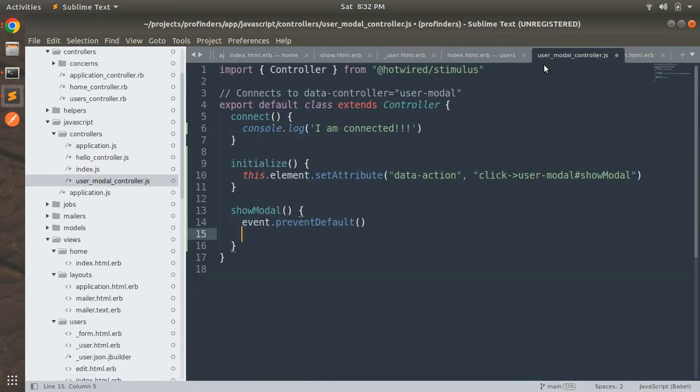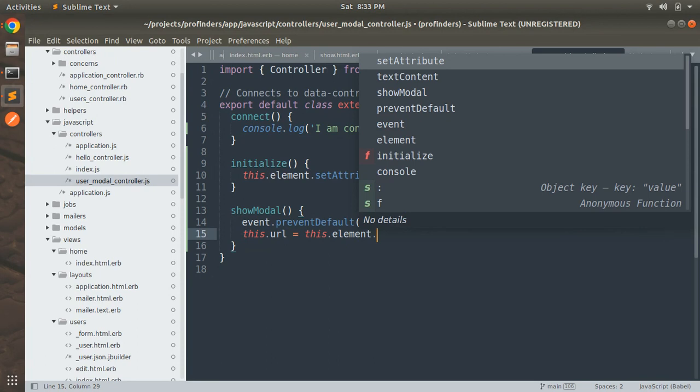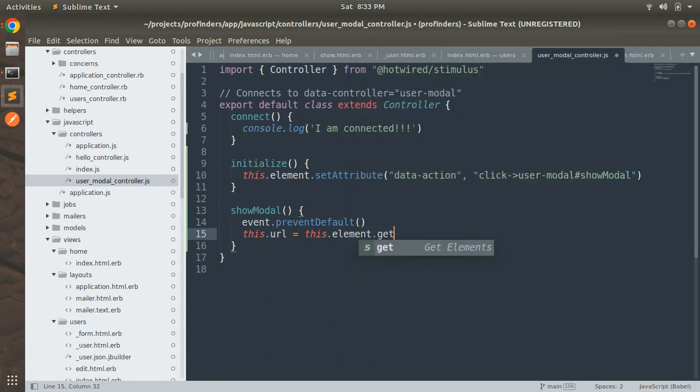Okay, so how can we do that? this.url equal to this.element.getAttribute, and this is just plain JavaScript. Okay, we are not doing any special syntax here. We are just using plain JavaScript. So getAttribute,